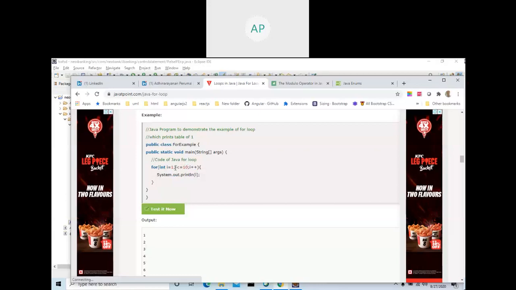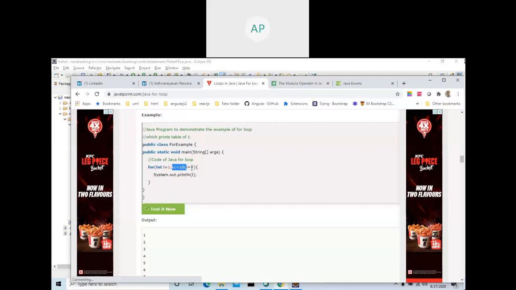Until this condition fails, your for loop will get executed. First I equal to 1. It is checking the condition. Then okay, this will get executed. Then what is I plus plus? It is going to make I equal to I plus 1, so I is 1 plus 1 equal to 2.